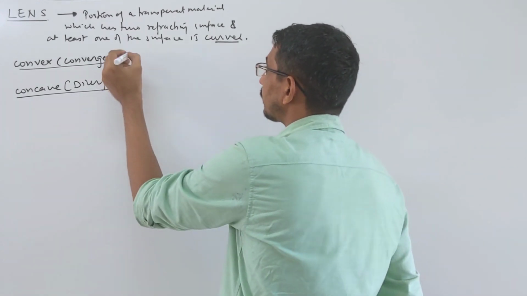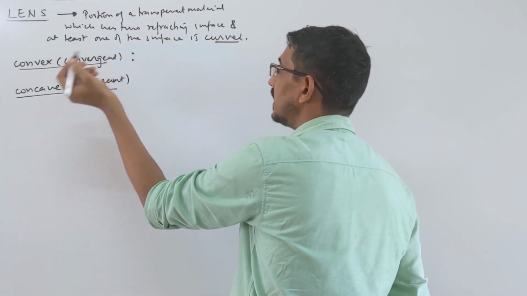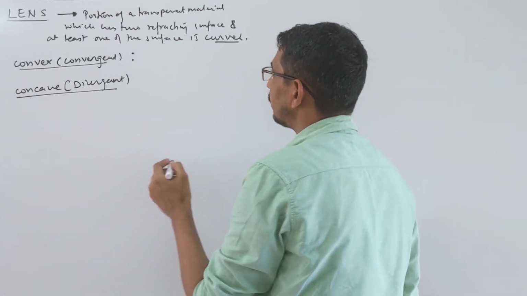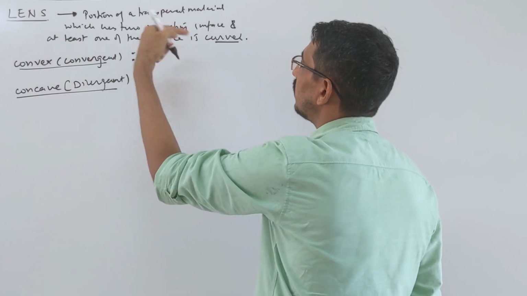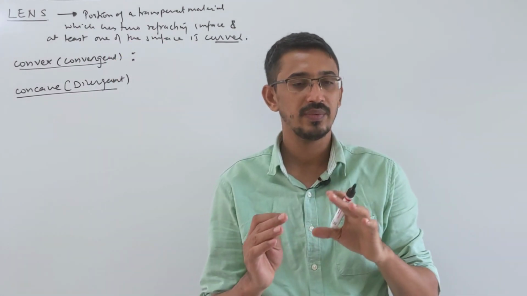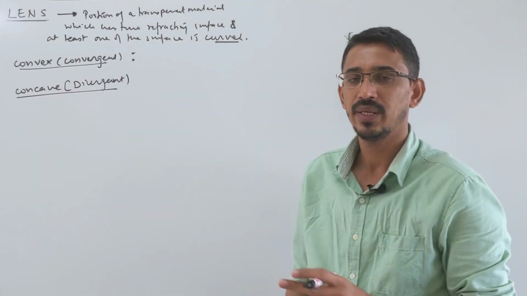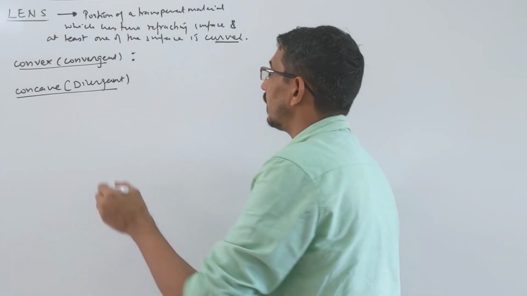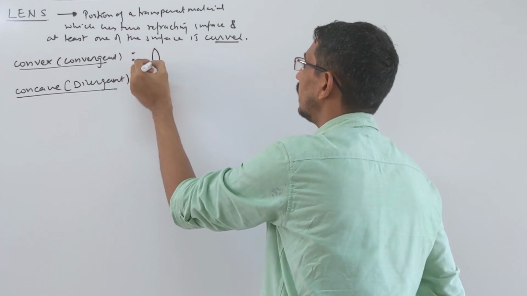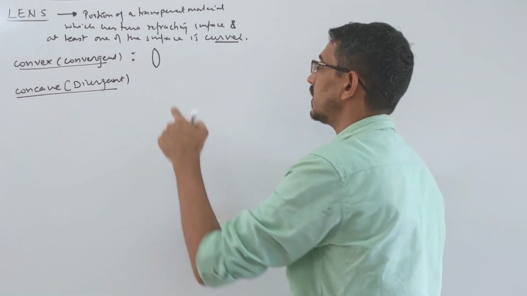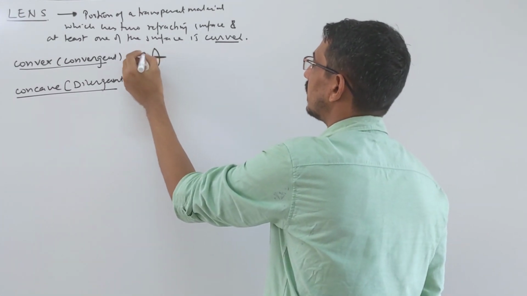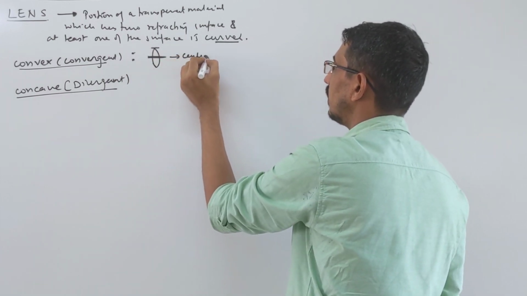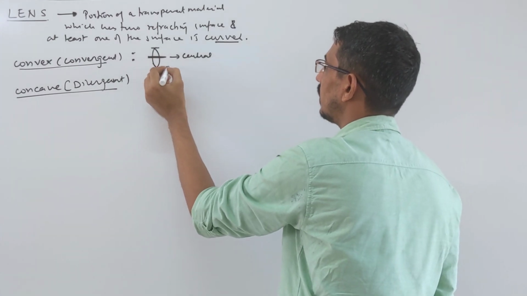Look here, how do you identify this lens? By its shape, by watching the lens's physical shape. Generally we talk about two parts of a lens. One is called the central part, and one is called the marginal part, or corners. This is your convex lens. This area is called the central portion, and these are called the marginal parts, right?